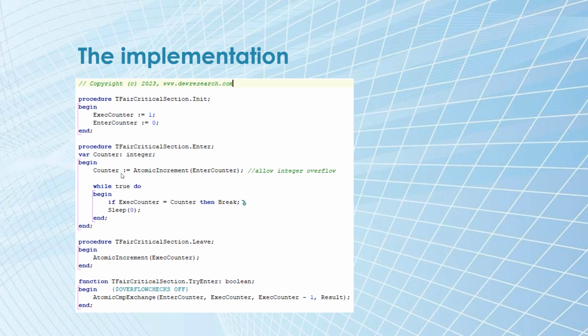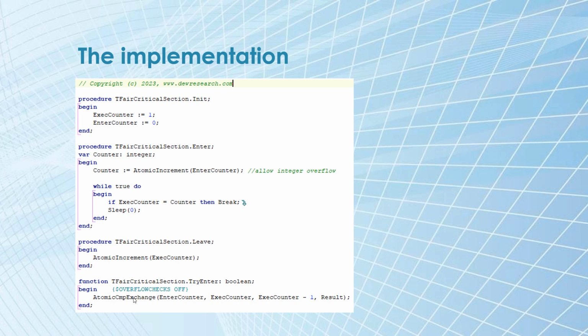This counter is then captured inside of this function and used inside of a loop to determine when this counter matches the value of another counter which is incremented with the leave. This makes a very clean and simple waiting loop in which we have no atomic operations. The precondition is of course that the overflow checks need to be off,